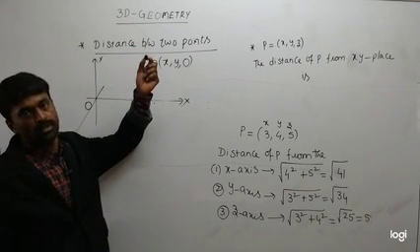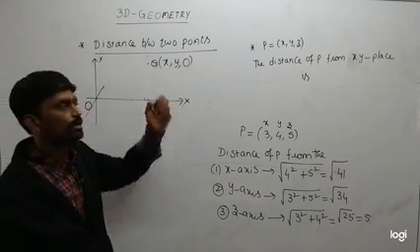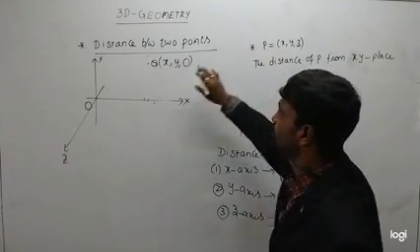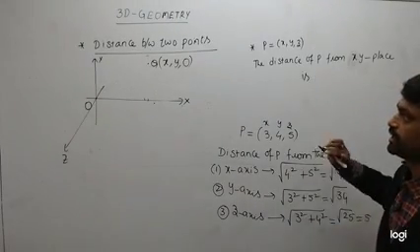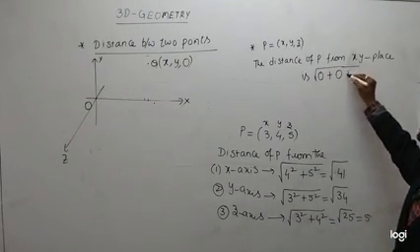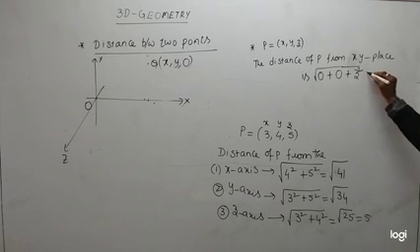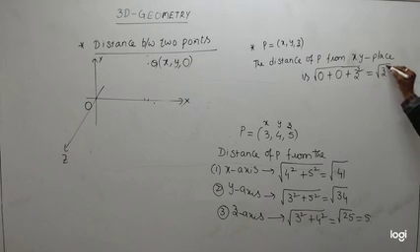Now the distance between point P and point Q is nothing but the distance between the point P and the xy plane. Just find, using the distance formula, the distance between P and Q. So what will you get? Square root of (x minus x) whole square, 0. (y minus y) whole square, 0. (z minus 0) whole square, z square. So the square root of z square, or you can remember modulus of z.